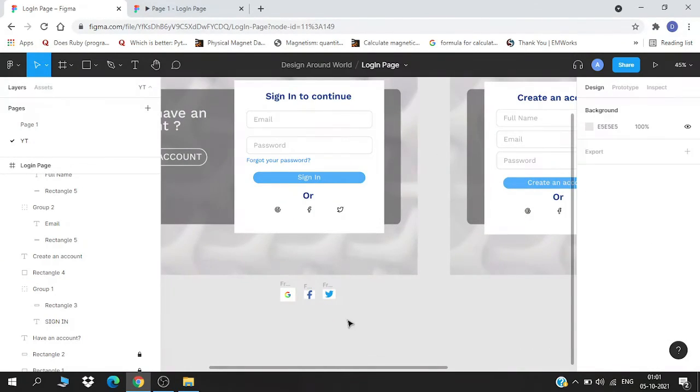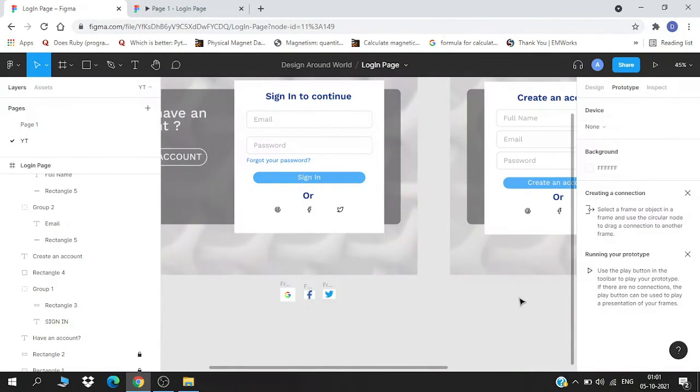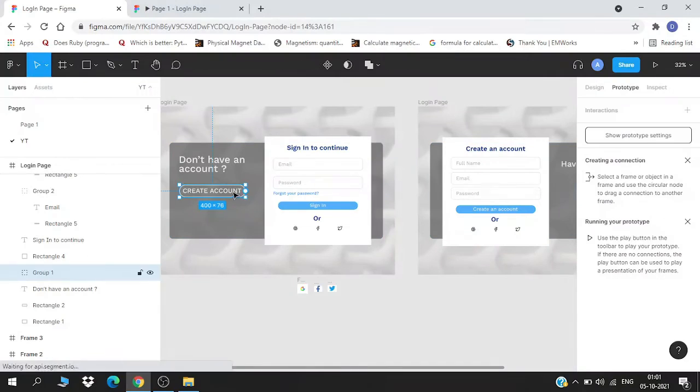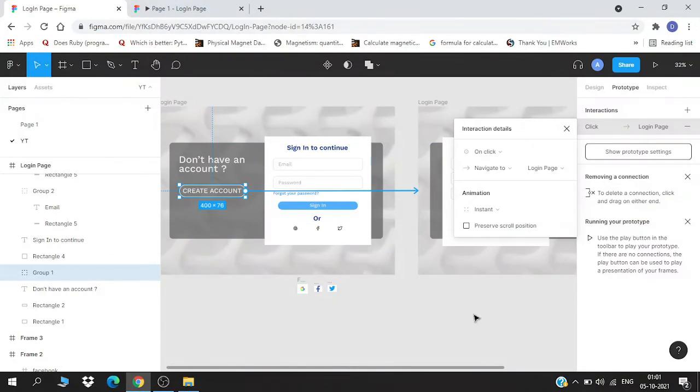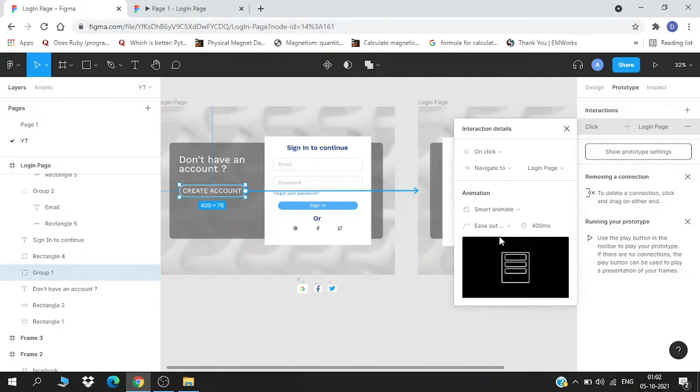So now for the animation, I'm just going to tap on prototype. I'll just choose the button. This button will take me here. On click, navigate, and don't forget smart animate. We will just keep it in ease out.